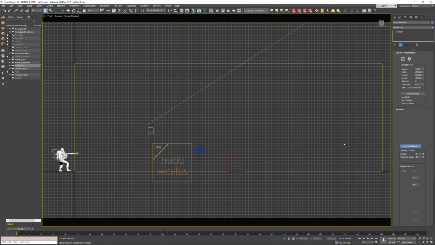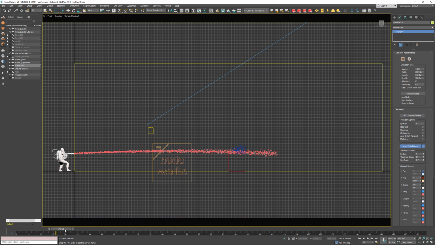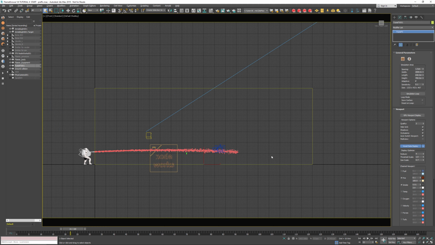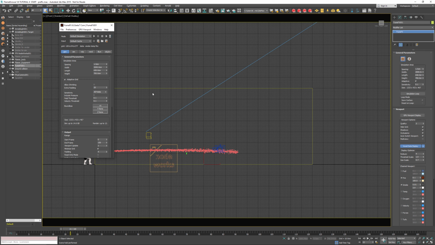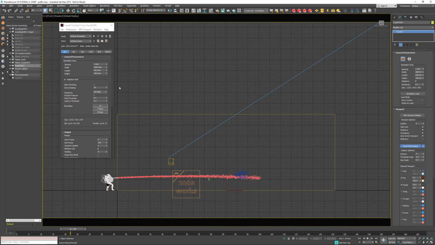However, the width is set initially pretty large, but as we have high velocities here, we can expect that smoke is going to expand beyond this edge. So I have set a boundless grid on the positive X side, so the adaptive grid can expand here as much as it takes. So now I'm going to open up the FumeFX user interface so you can check the parameters